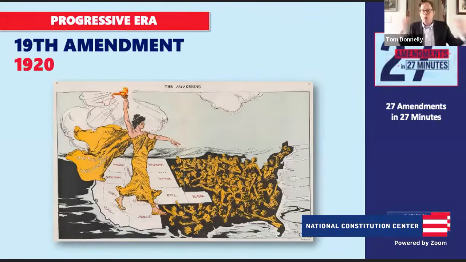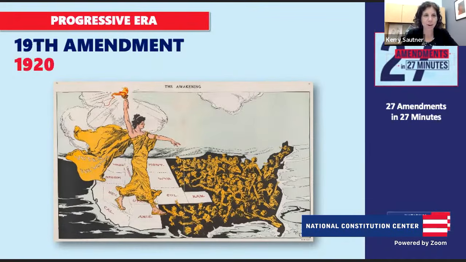And eventually we conclude, wait, we want this to be a national rule. So we write it right into the Constitution. It's an example of the states being, as Justice Brandeis said, laboratories of democracy. And so we're learning from good things that states do and then turning them into a national rule.